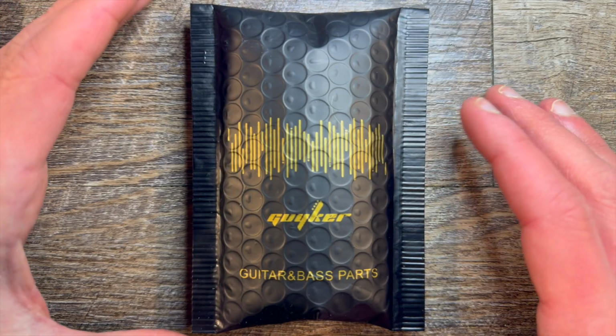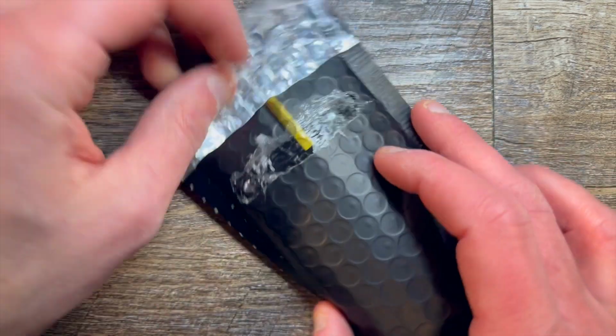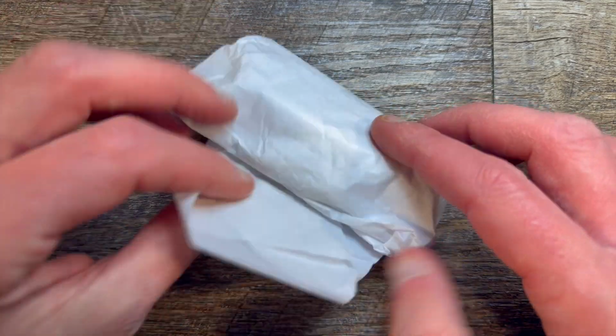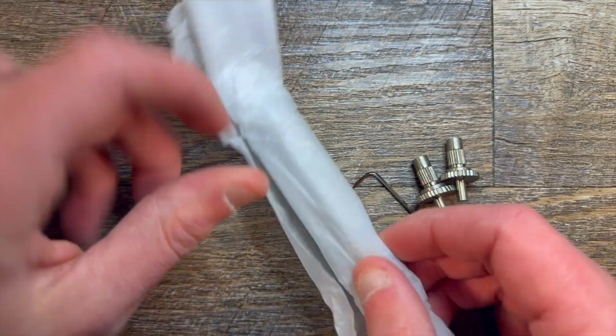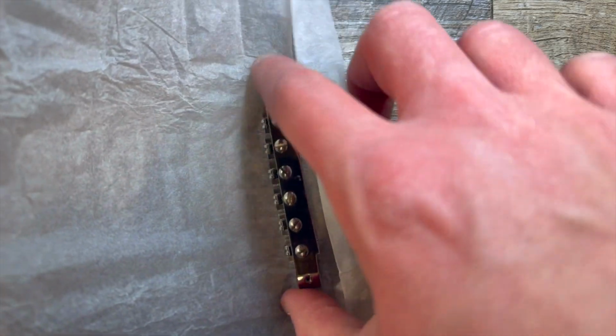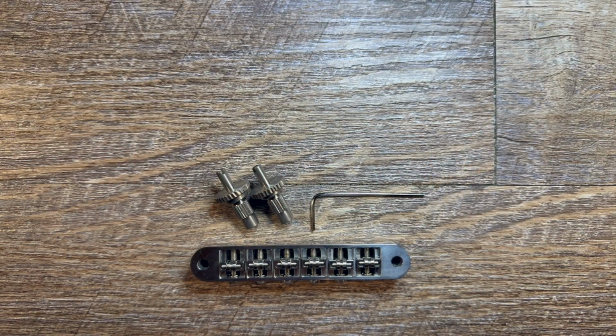Alright, let's get into this Guyker titanium roller bridge review. Okay, let's open this up and take a look. We have the nice bubble wrap with the Guyker logo on the front. Alright, so what we have here is the